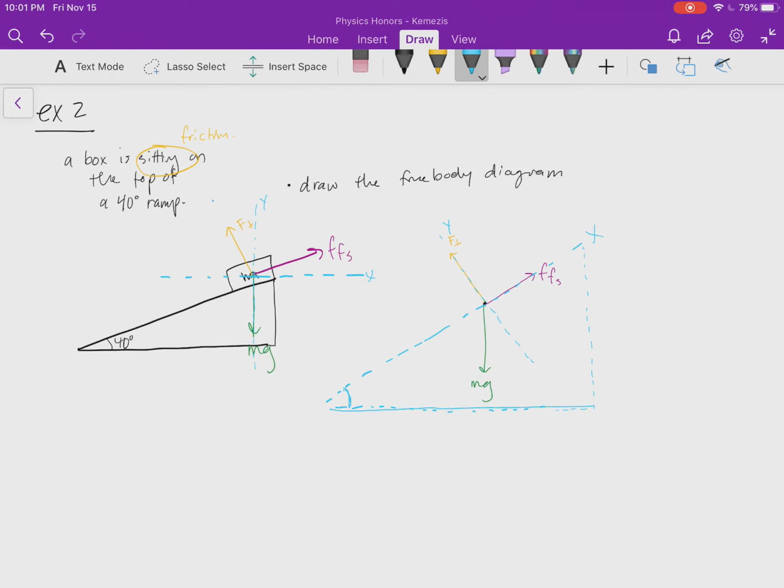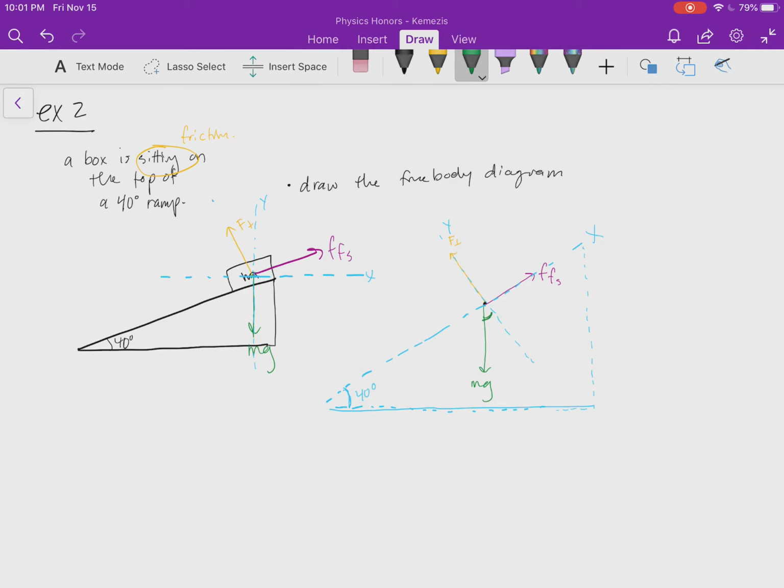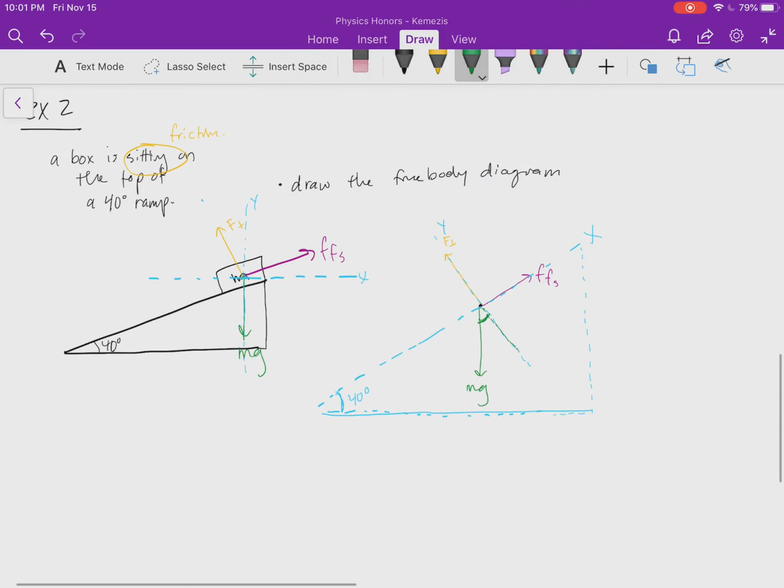And this angle that it's making with what we would call the ground is 40 degrees. Okay, so I'm just going to show a proof here of how we know, if we're trying to break mg into its components, what angle are we looking at when we are trying to find this angle? Because if I know that, this is the y component of mg, and this is the x component of mg, mgx,